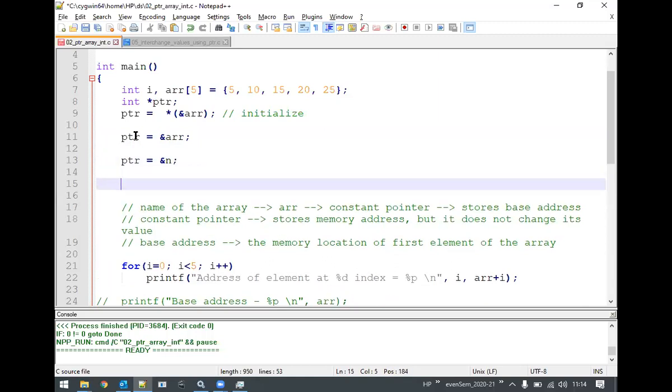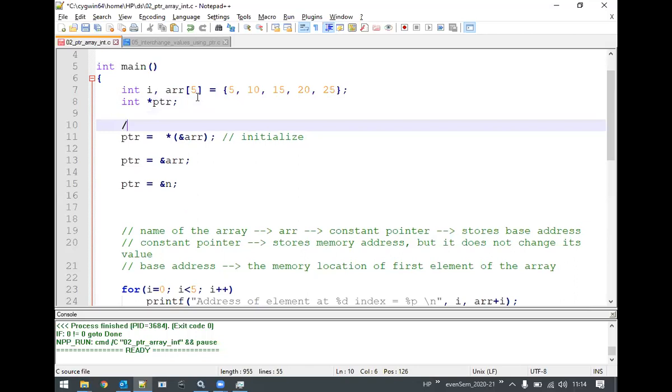Okay, next, variable name. What is the variable name? What we want here, let me write it here. If you have not followed the question, let me write it here. Initialize the pointer ptr with the address of array ARR.